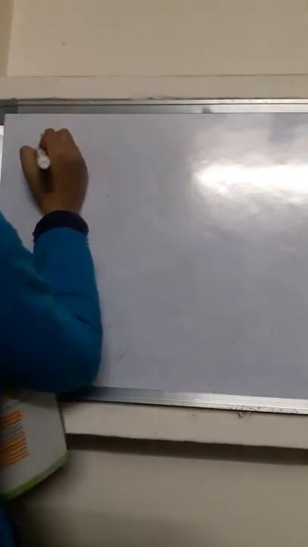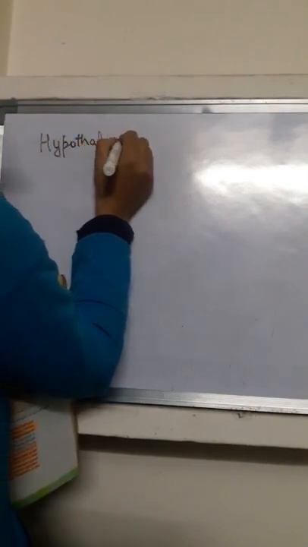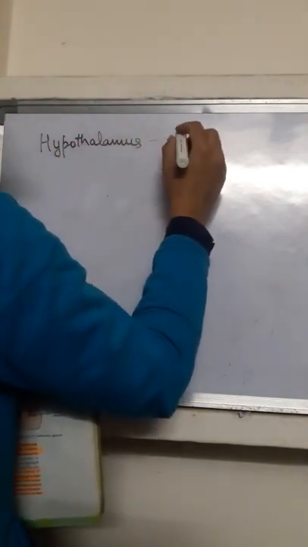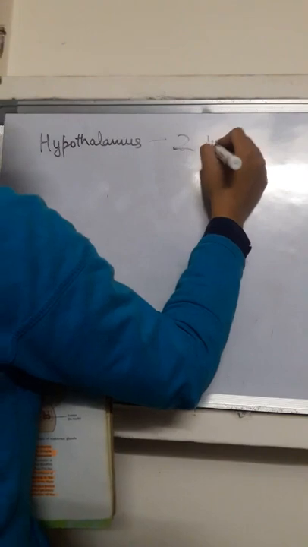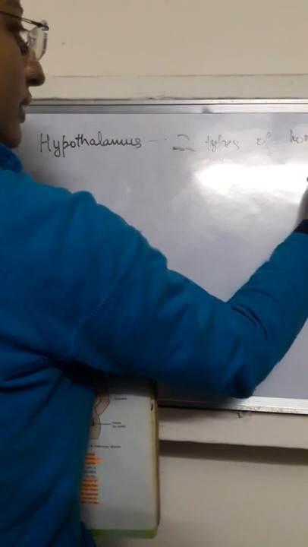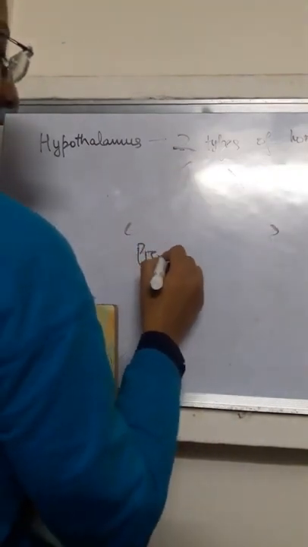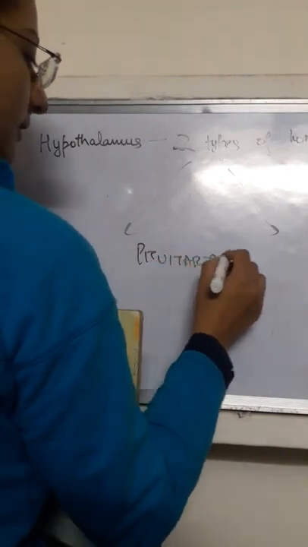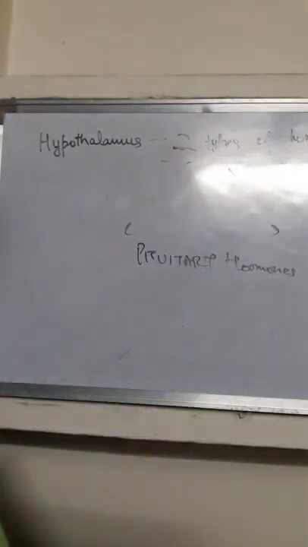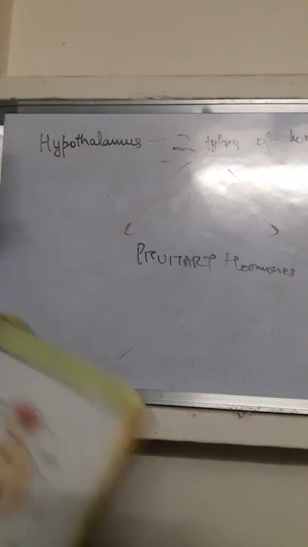Further, the hormones produced by the hypothalamus are of two types. ये दो टाइप के हॉर्मोन्स रिलीज करेगा, जो पिट्यूटरी के हॉर्मोन्स को रेगुलेट करेंगे। कौन से दो टाइप्स के होते हैं? एक होते हैं इनहिबिटरी और एक होते हैं रिलीजिंग।